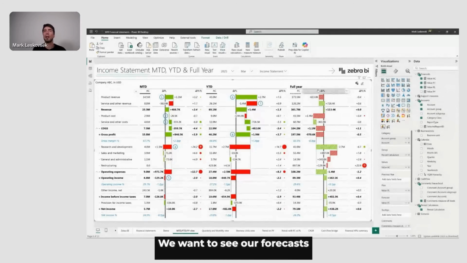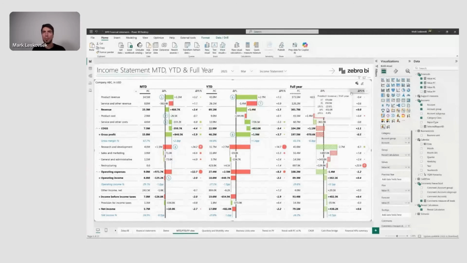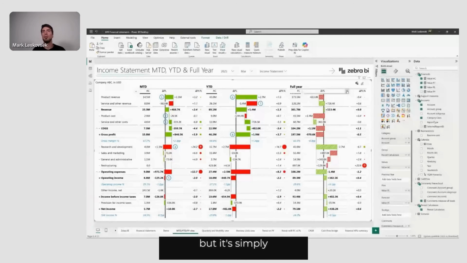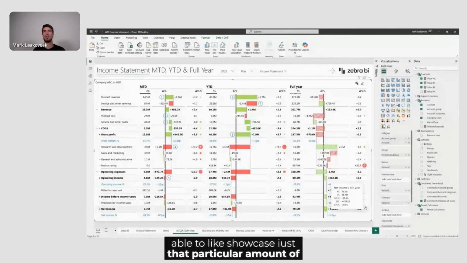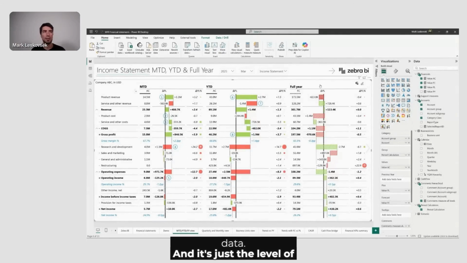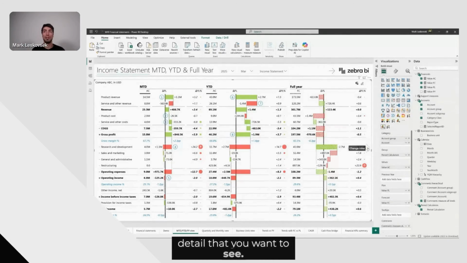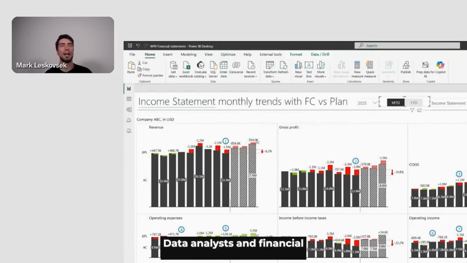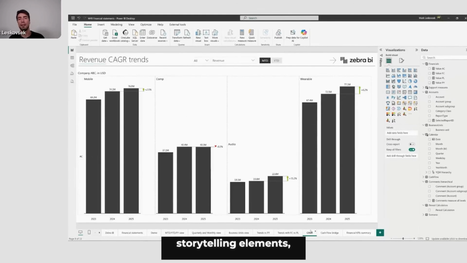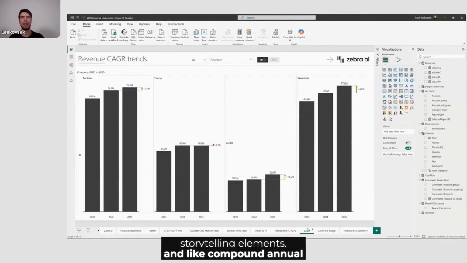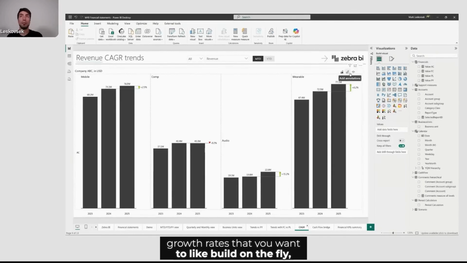We want to see our forecasts for the remainder of the year, but it's simply not native in Power BI to showcase just that particular amount of data. And it's just the level of detail that you want to see. The role of data analysts and financial analysts has also changed, right? It's not just that you're presenting flat numbers each month, but you also want to add insights, storytelling elements, and compound annual growth rates that you want to build on the fly,